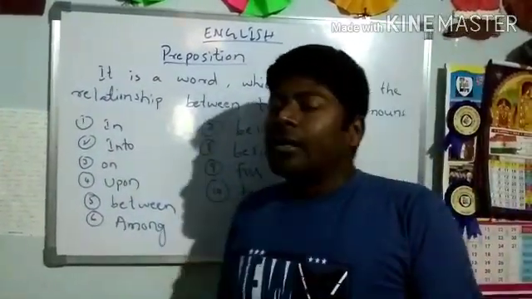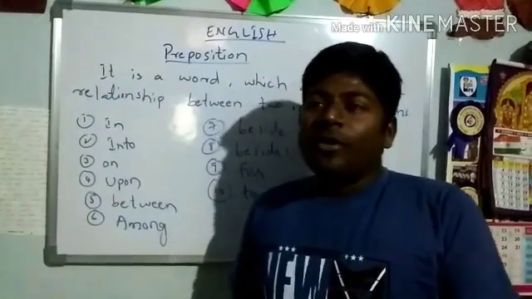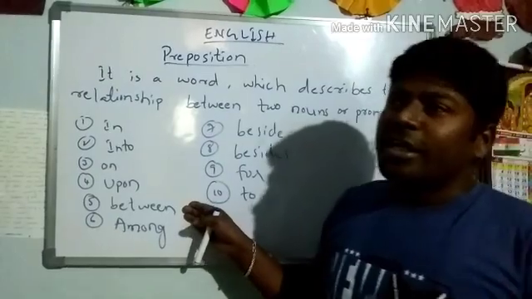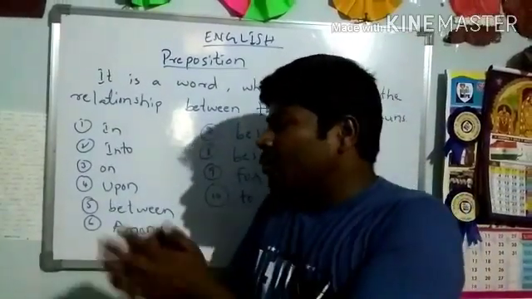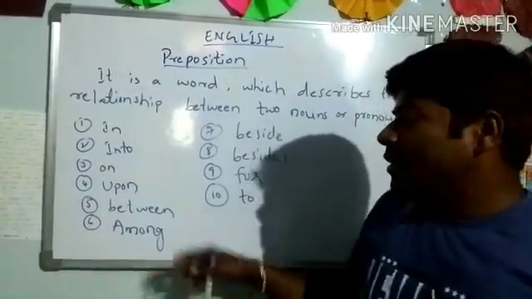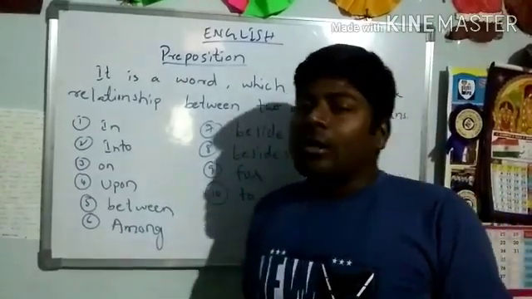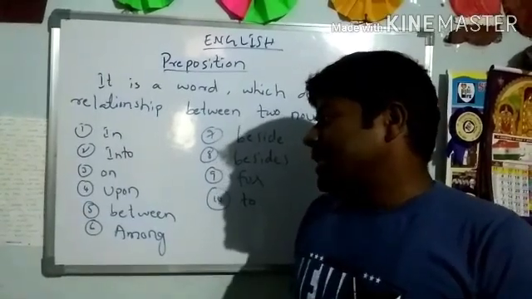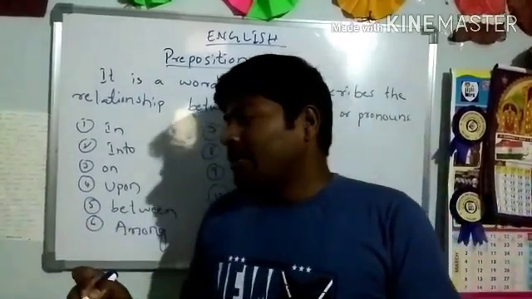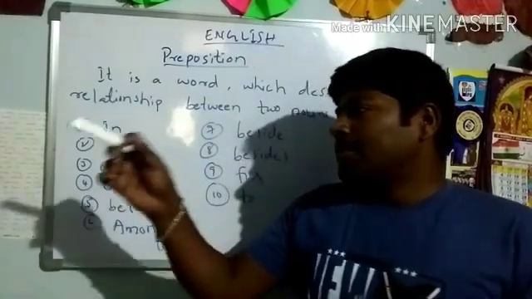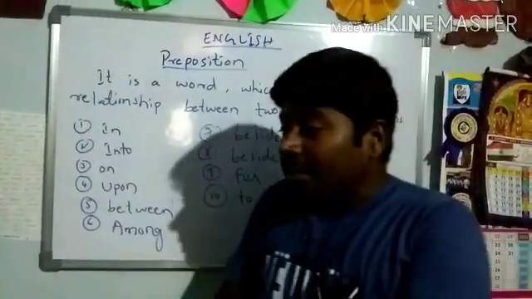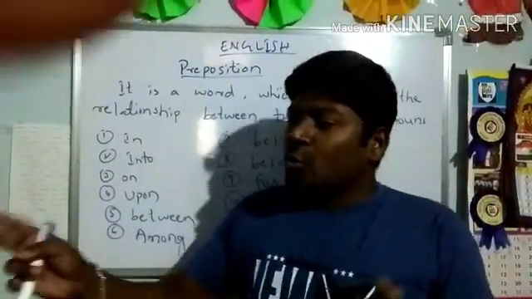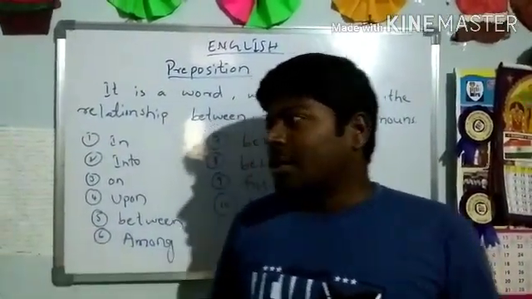And another one, between. When we talk about any two subjects, two persons' names, two city names, any two things, in the middle of two things we use between preposition. Let me give an example. Medchal is in dash Hyderabad and Kamareddy. Medchal is in between Hyderabad and Kamareddy. When we talk in the middle of two destinations, or two places, or two persons, or two things,